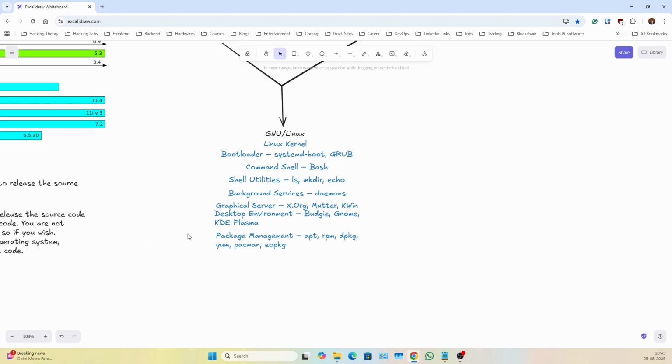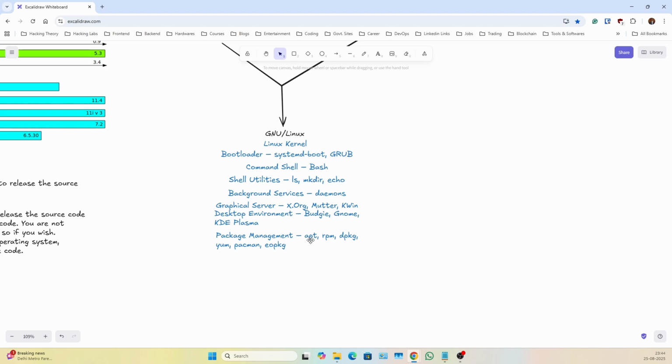Now we have the desktop environment, and for these things also there is a whole story with Wayland, X11, and all. If you have heard about installing NVIDIA drivers and all, you might have heard these words like Xorg, Wayland, X11. That is another thing to say, and it's really great to understand those things. It's really interesting. The next thing is the desktop environment, that you might know, like KDE Plasma, GNOME, XFCE, and there are many more. And then we have package management like apt, RPM, dpkg, yum, pacman and all.